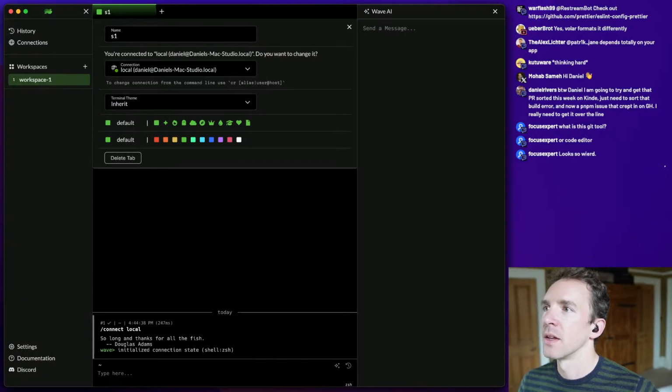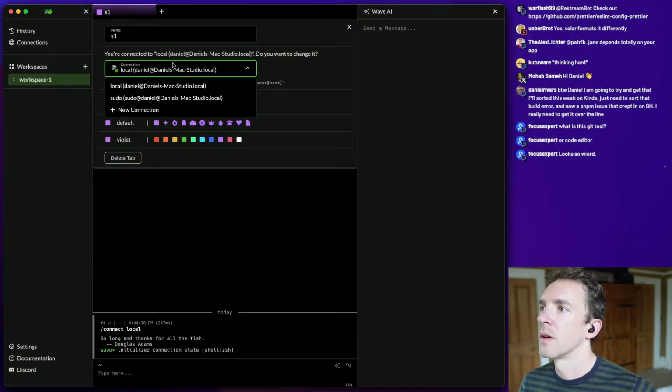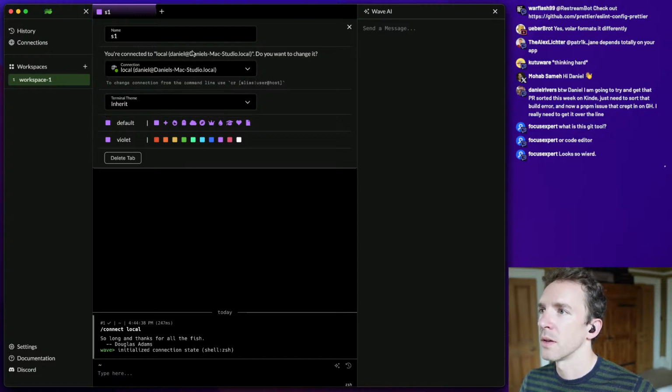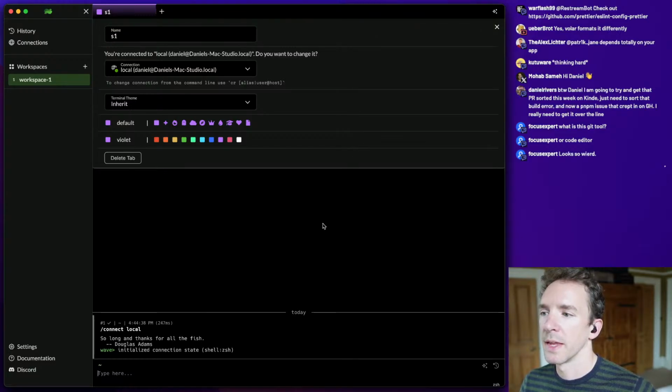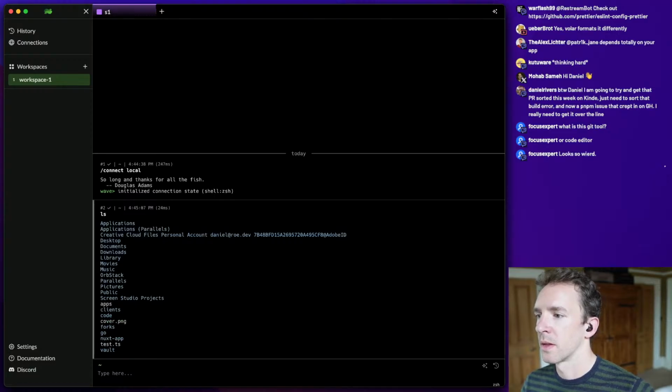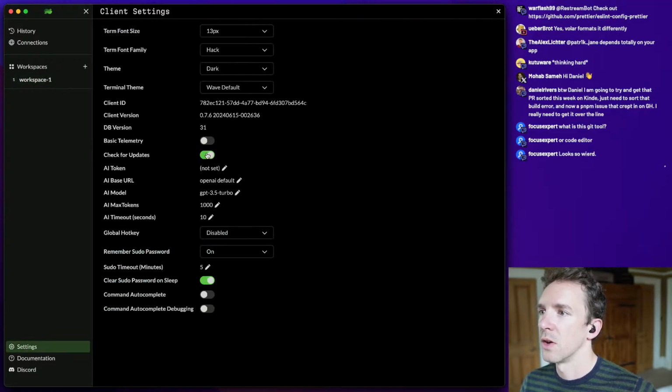Great. So here we go. We have Wave, and now we have an opportunity to change the theme. Interesting. I'm honestly not that into AI in my terminal, but okay, this is basically Warp, but not.